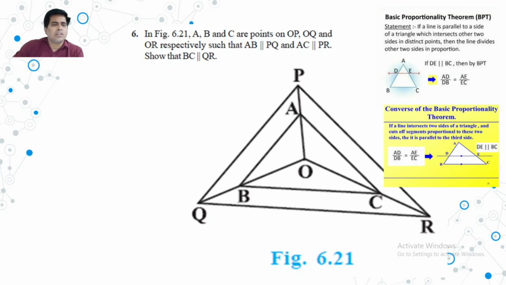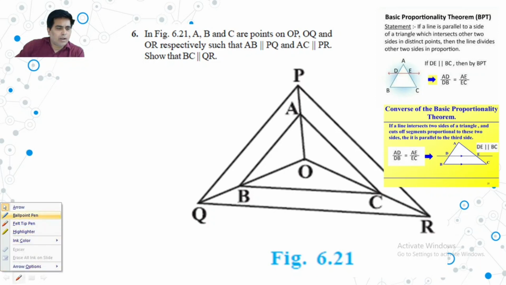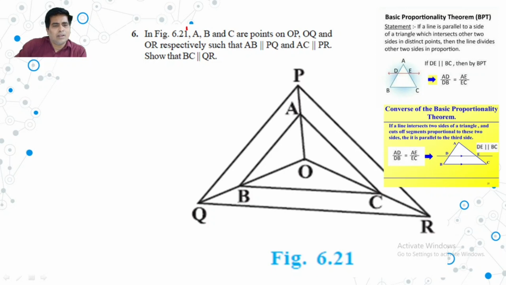So in the question, if you would have given triangle PQR, that is a better choice. In your triangle PQR, whatever it is happening, AB is parallel to PQ as well as AC is parallel to PR. So this is in the triangle PQR only. It was better that he added this point. No problem, we'll solve this sum.